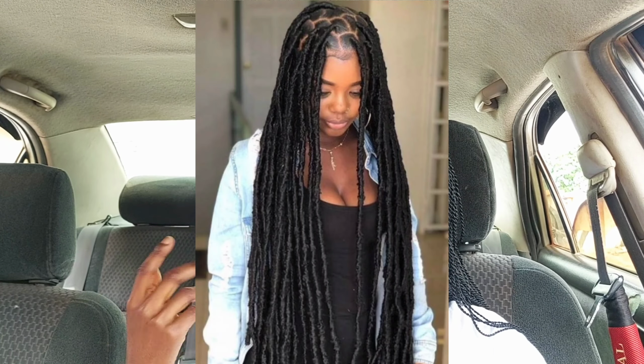Faux locks is just like box braids. It has always been an OG hairstyle, and it is a very, very stylish hairstyle, and it gives you the illusion of having dreads without having dreads. Do you get? And I know faux locks are one of the best